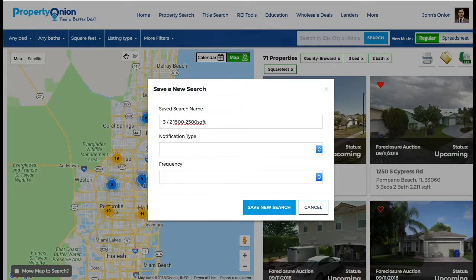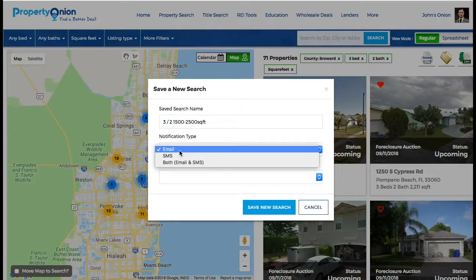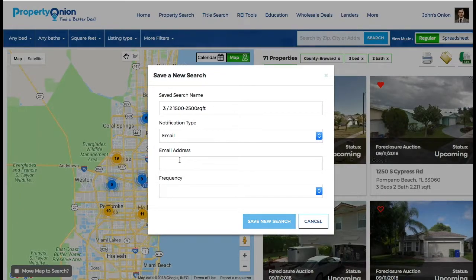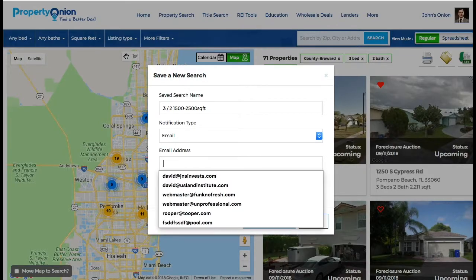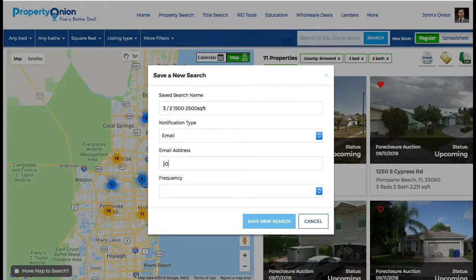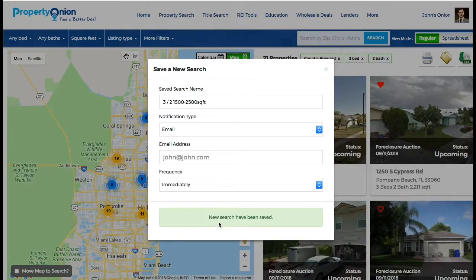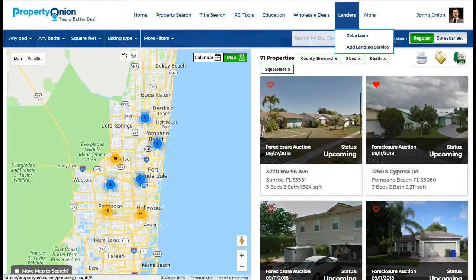Broward. Well, we know it's Broward. And I want to be notified anytime there's an auction, both by email. You could choose by email or text message, but let's just do email, and let's do John at john.com, and I want to be notified immediately. So I'm going to save that as a new save search. And what that does is